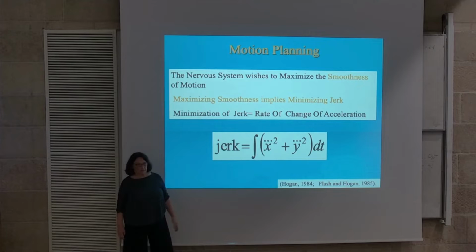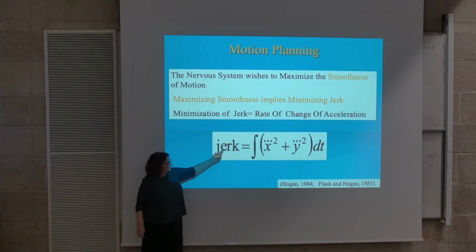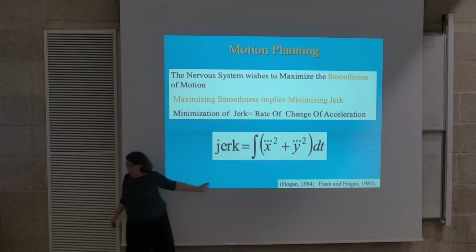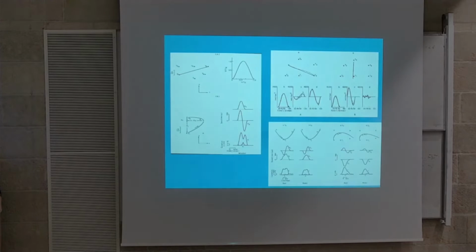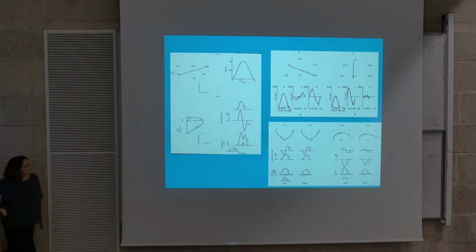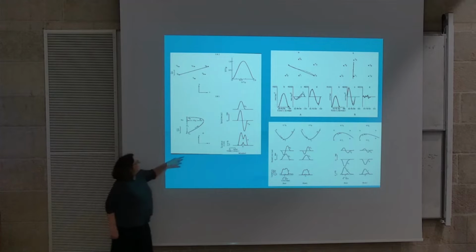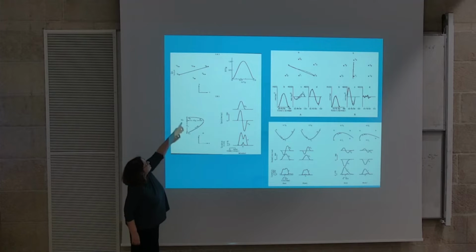Jerk being the rate of change of acceleration, but we don't look at the jerk at the joints, we look at the jerk at the end effector, what the hand is doing in space, and we look at the integration in time, and we assume that the brain wants to do the maximally smooth movements in some duration. We can talk about duration later. And when you take this model and predict behavior, you can see that the velocity profile is this smooth bell-shaped velocity profile, which is a fifth-order polynomial.